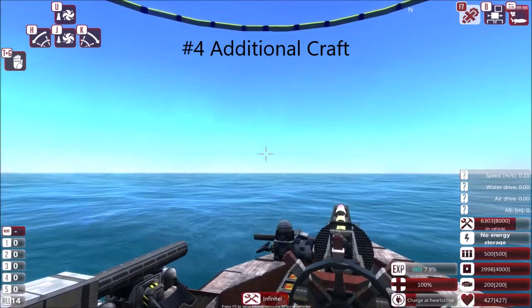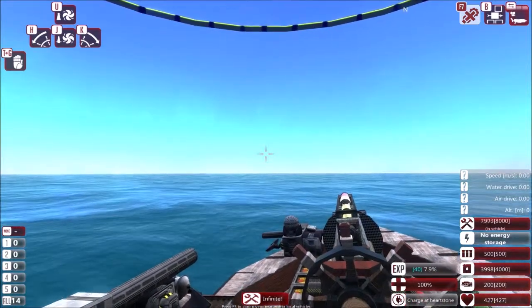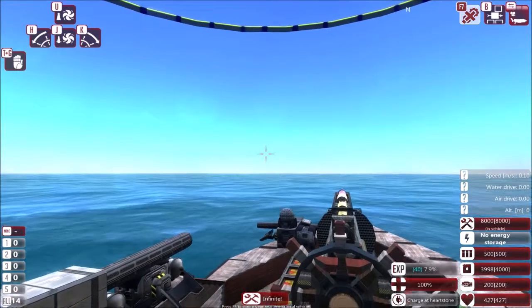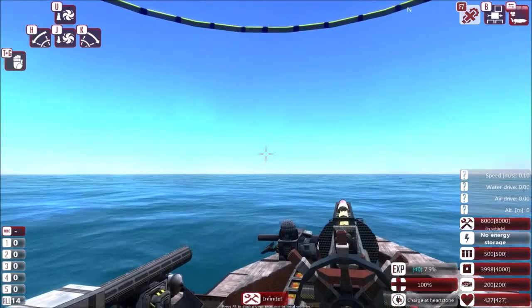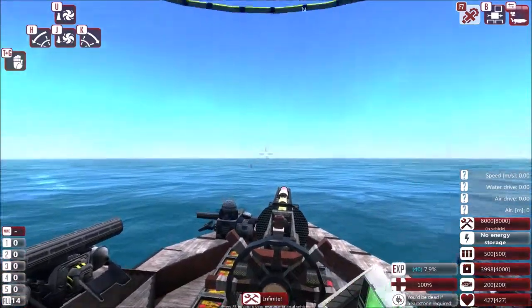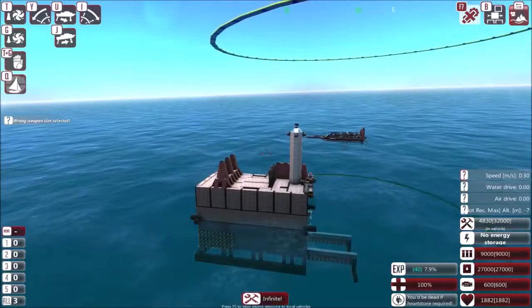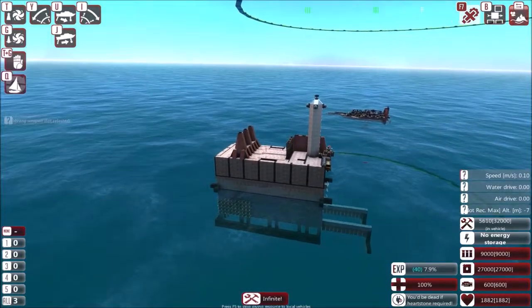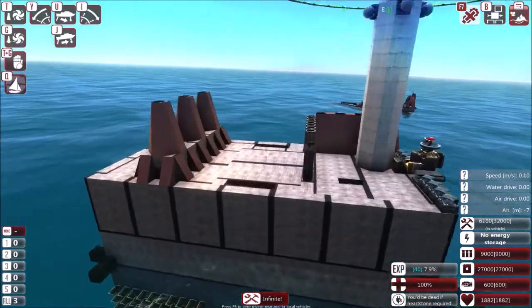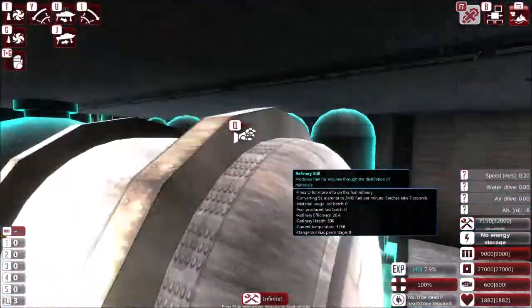There's a few designs that I didn't include in my previous showcases, either because I created them too late, or because I just didn't put them in there. The first one that I want to show you is a submersible base. This is a resource base to mine resources and to create oil and such. You see it's got an oil refinery in here, and